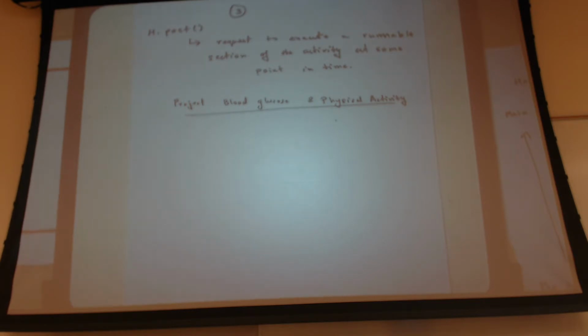Based on that prediction, the controller decides how much insulin to infuse right now, so that I can avoid hypoglycemia, because too much insulin infusion can reduce the blood glucose level to a very low level. Now the problem is